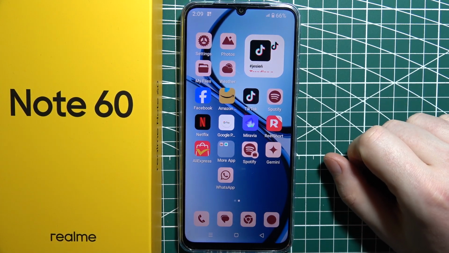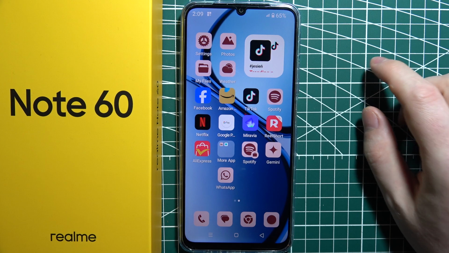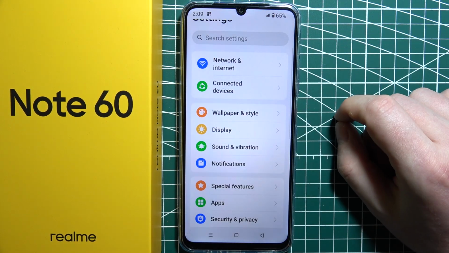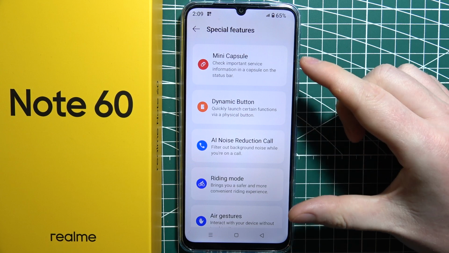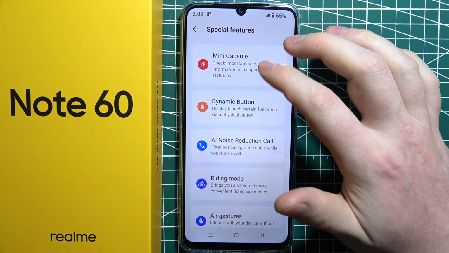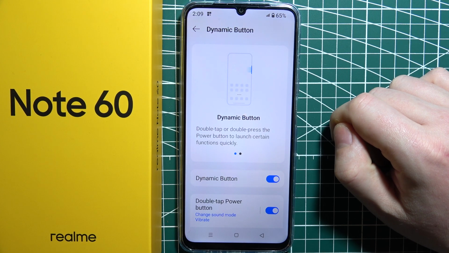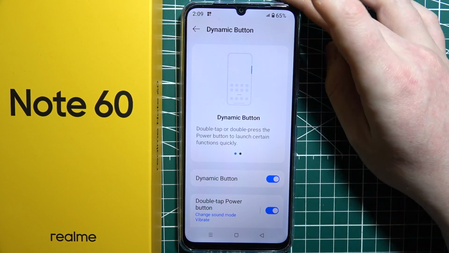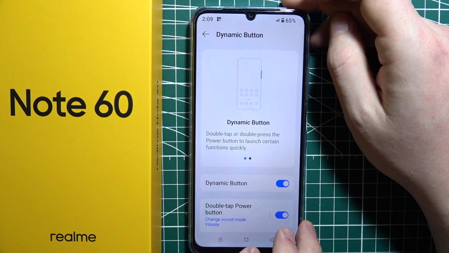Let me show you all of the gestures and motions on Realme Note 60. And we can start by opening our settings, then navigate to the special features, and there's two things right here. First one is a dynamic button. When you activate it, you can use your power button, which is located right here, to use some of the